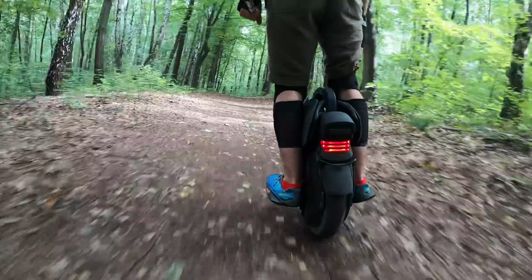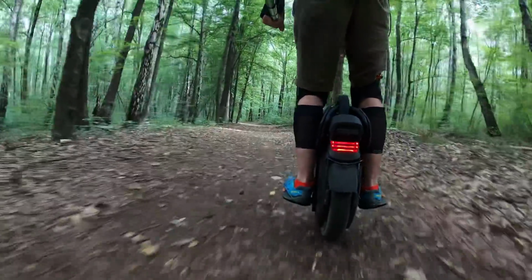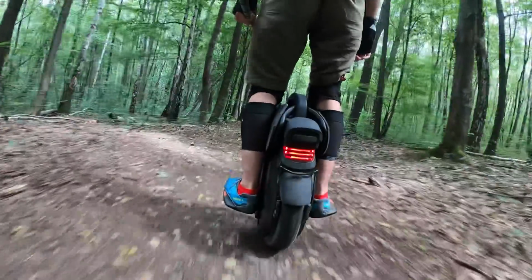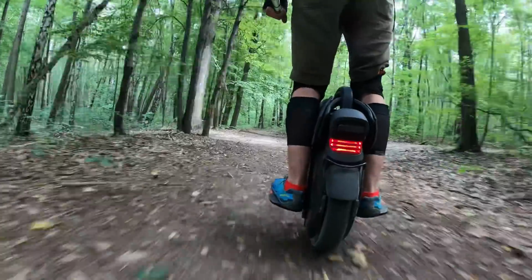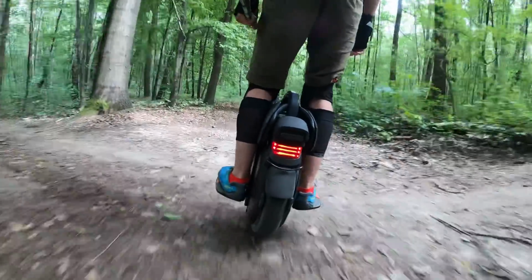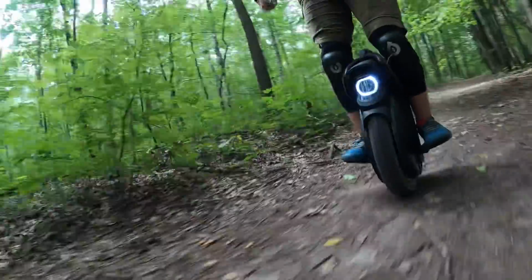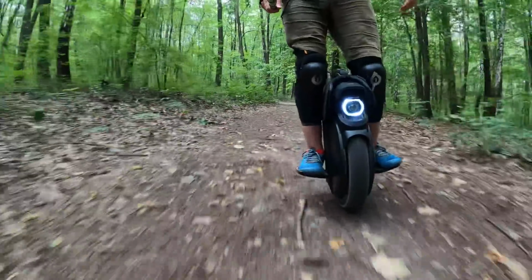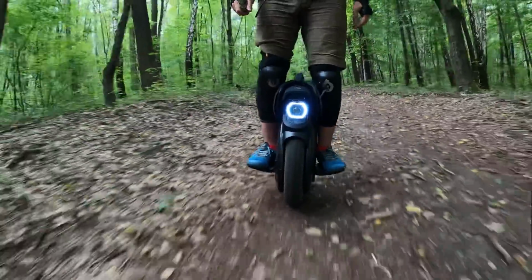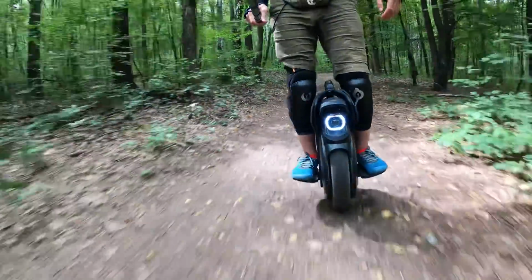And my main point about the suspension is that now the V11 is the wheel I ride all the time, even though it's not as fast as my MSS or doesn't have this amount of range, because it just absorbs the bumps so well. It has the necessary compression. You can adjust how strong the suspension is. I usually ride at 110 psi and I have 50 psi in the negative chamber, and this just makes riding